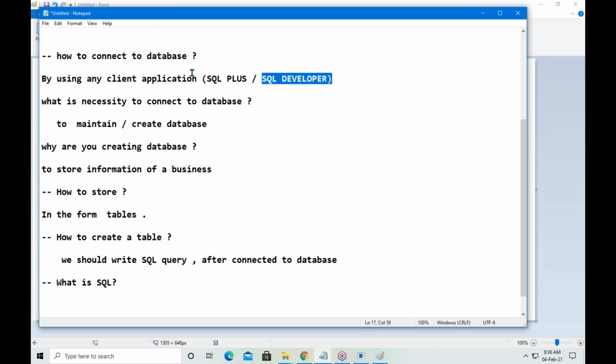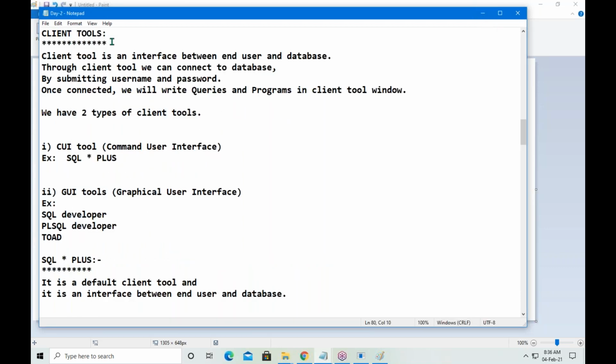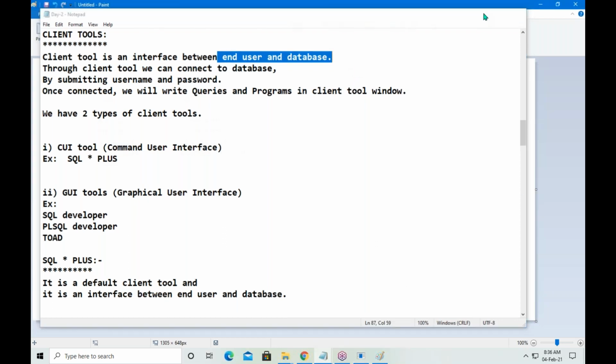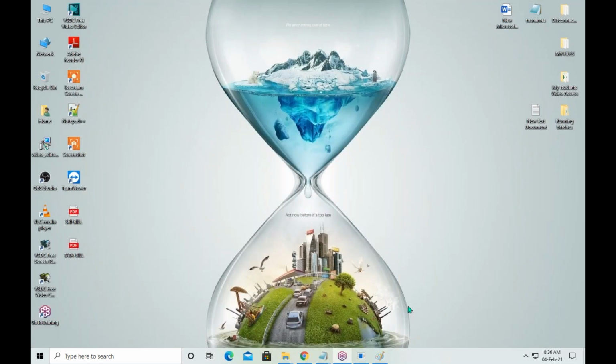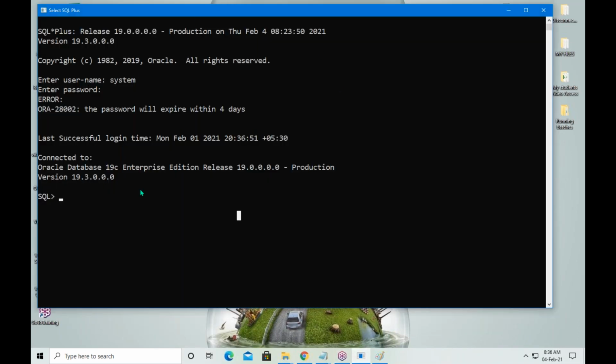What is a client tool? A client tool is nothing but a client application. It is an interface between the end user and the database. We are the end users. Between me and my system database, the client application is the interface.